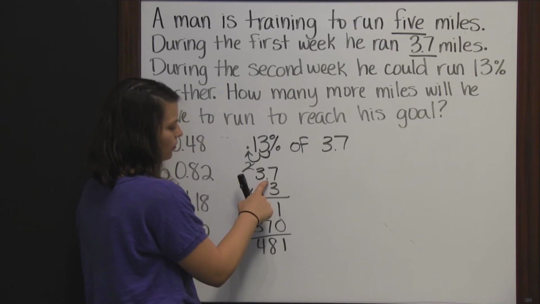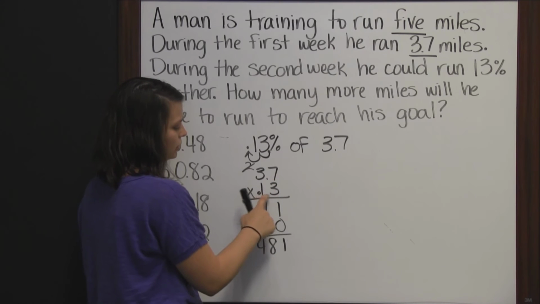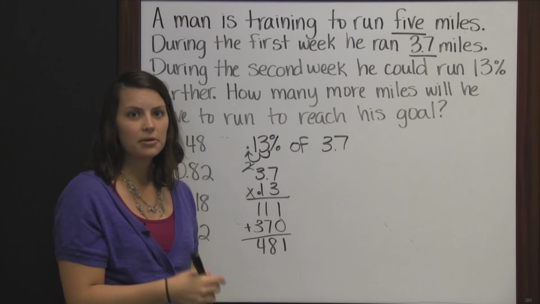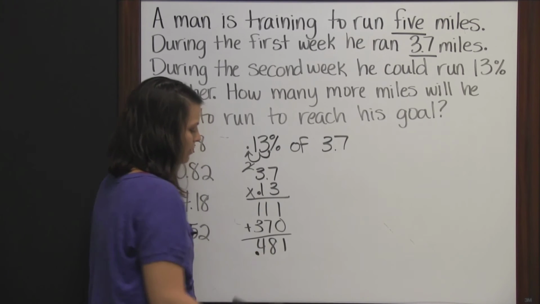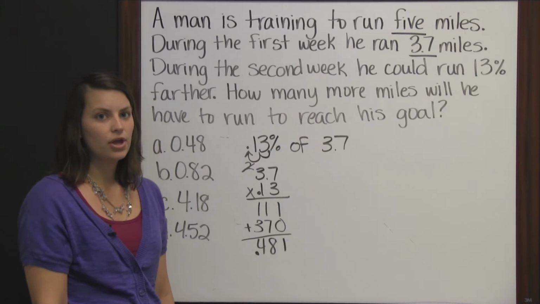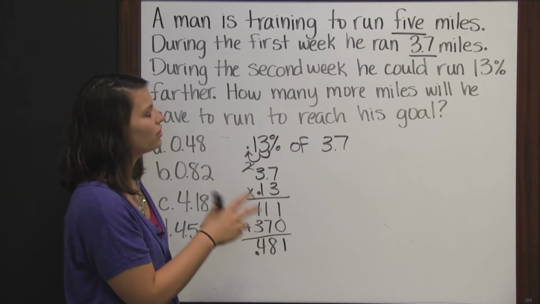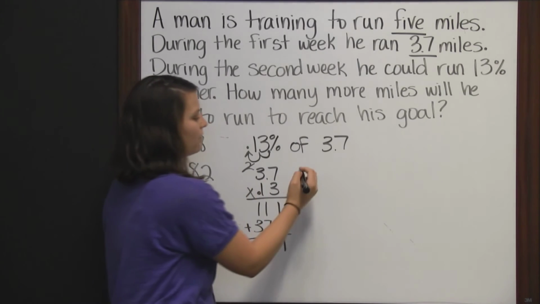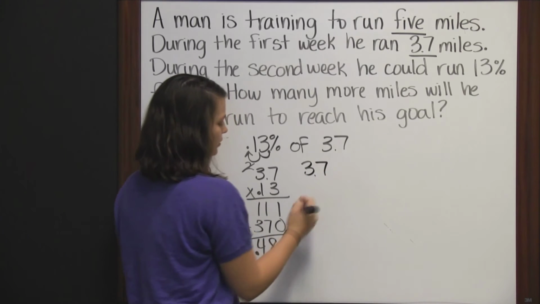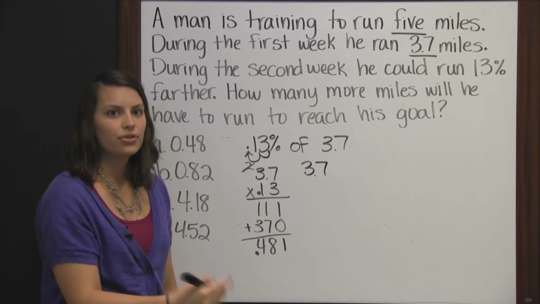And then we have 1, 2, 3 numbers behind the decimal, which means our answer will have 3 numbers behind the decimal. So when it said he could run 13% farther, then that means the 3 7/10 miles plus the